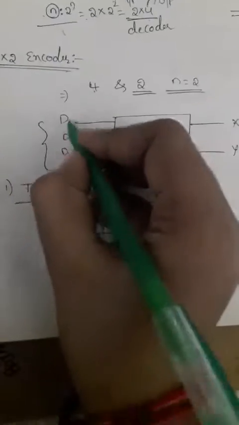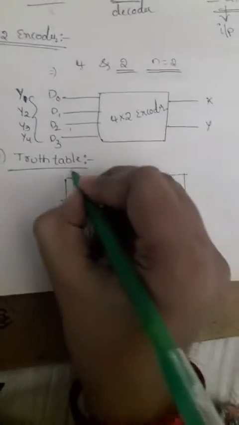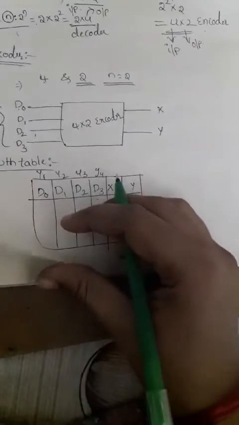So for understanding purposes, I can change these labels. This D value I can change to y0. So in that case we are choosing y1, right? So y1, y2, y3, y4. You can understand easily. Now write the values for this y1, y2, y3, y4. What am I getting in that? The outputs are nothing but 1000. So y1 is 1, and d1, d2, d3 will be 0s.